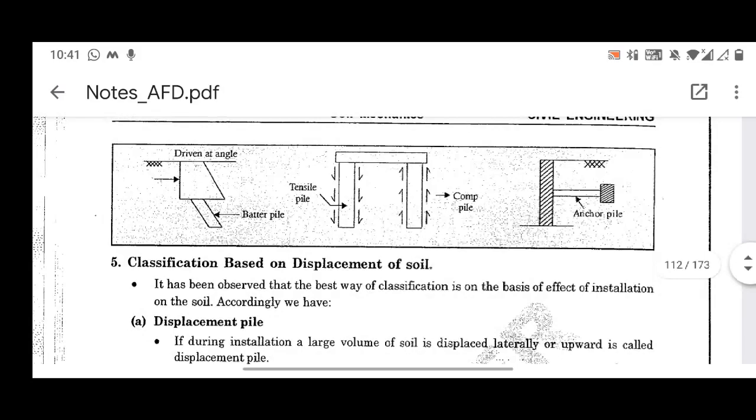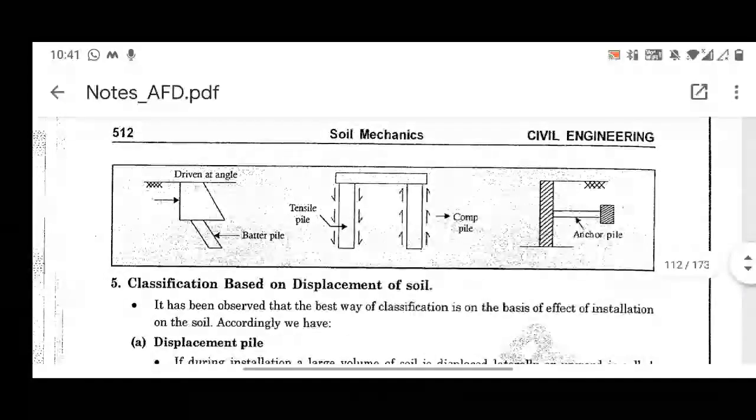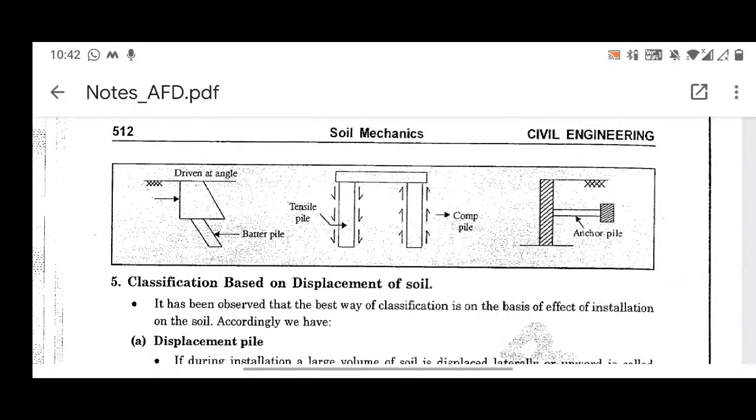Another combination you can see, like a slab is there and below the slab you can see the piles are installed, or we can say that this is a pile group where the pile cap is at the top and we have the subsequent piles arranged in a square or rectangular fashion. So you can see one pile is under the action of tension, another is under compression, right? So why is it tension?